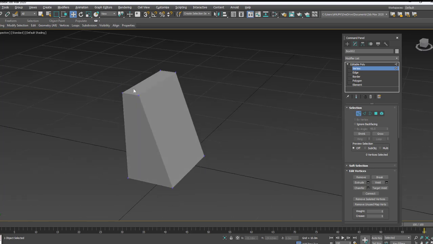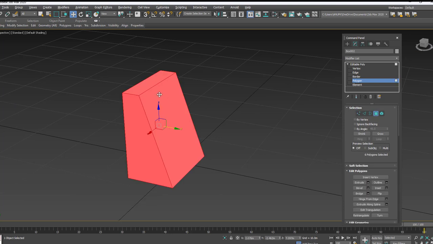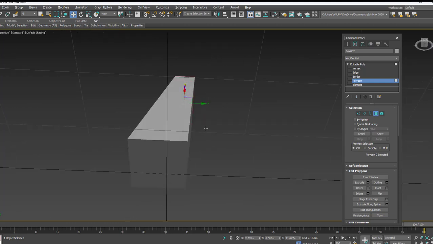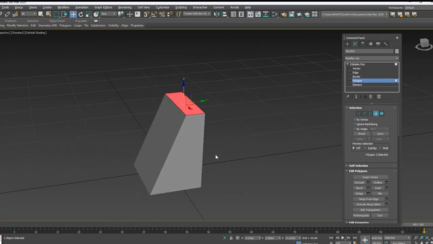And then now I want to select the plane. For that, click on the polygon option and then select only the top polygon. Use the normal move command to reduce the height, and then even you can change the direction depending on the requirement. You can taper the edge in this direction, that direction, like this. So this is how you can work.